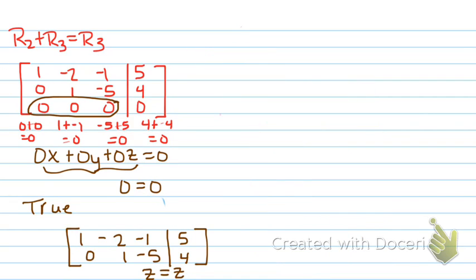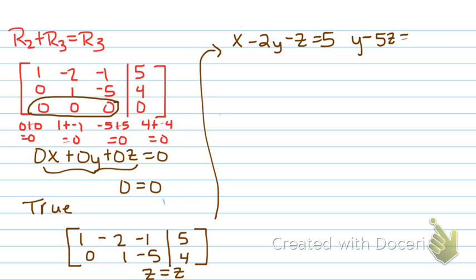Okay, so I stopped and erased, so we had some room to work. What that first equation is telling me is that x minus 2y minus z equals 5. And the second equation is telling me that y minus 5z equals 4. And we just said because the third one canceled out, that meant z was equal to z. Well, just like before, we're going to plug it in backwards. We know z is z, so I have no change to make on this equation when I go this way. But I couldn't solve for y, so I'm going to add the 5z, and we get y equals